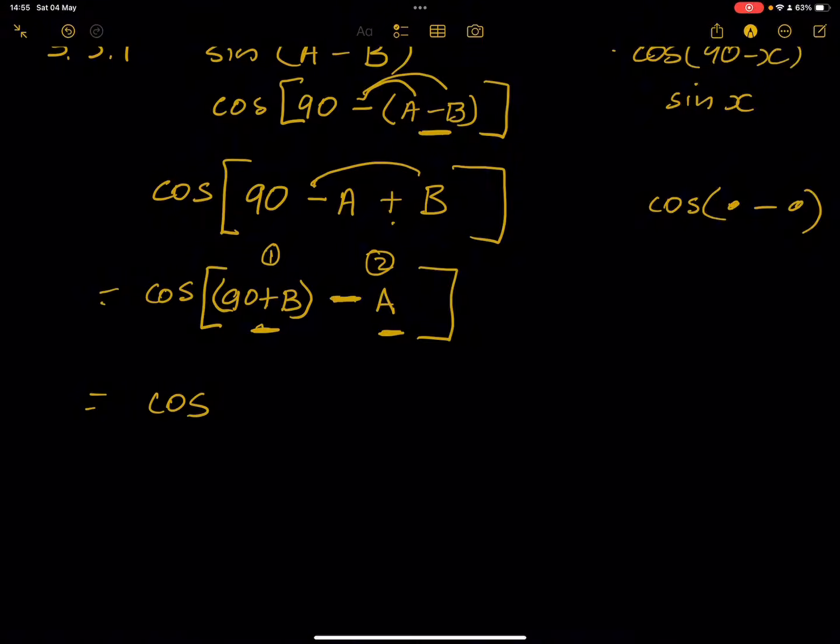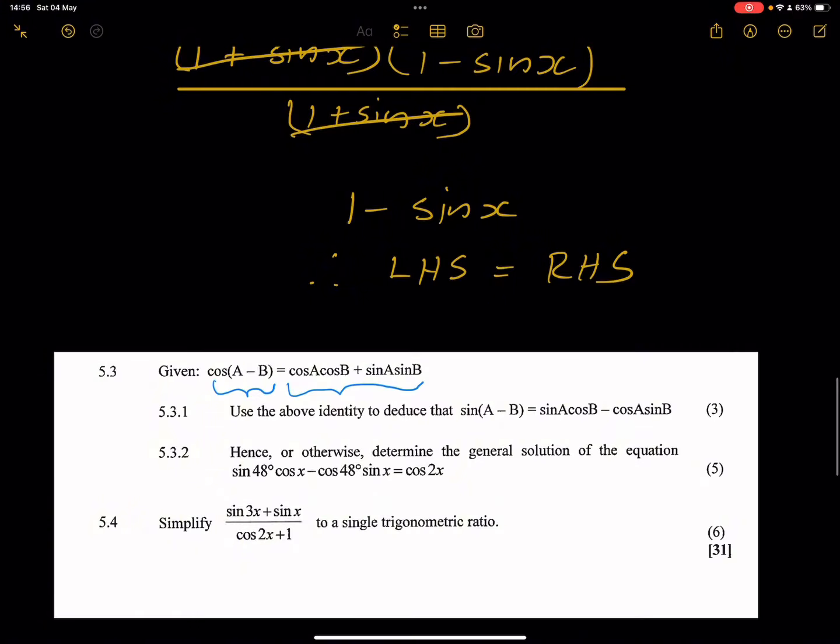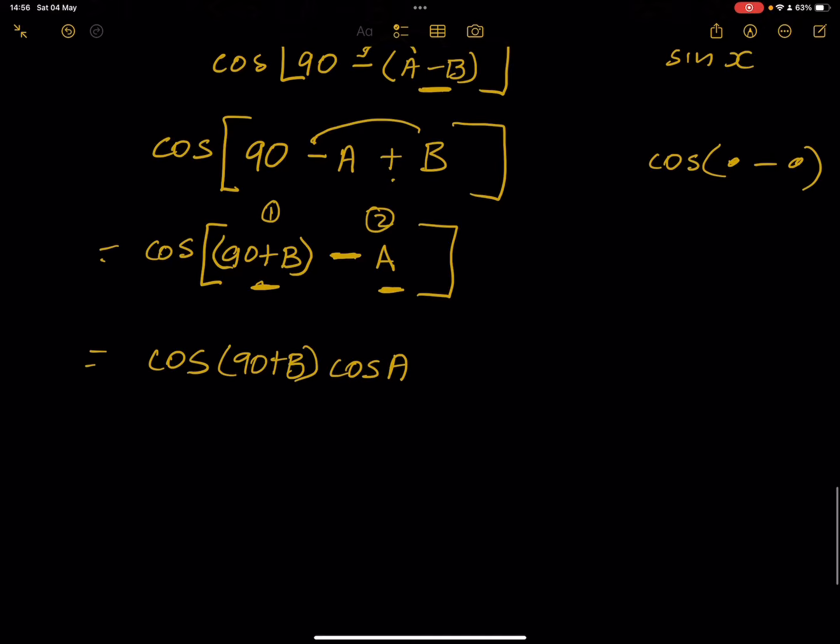cos 90 plus B cos A, right? Now note, you've got plus on the inside, right? So that's plus sine of 90 plus B sine of A. And ladies and gents, we're going to use our reduction formulae, right? Cos 90 plus B, that's in the second quadrant. Cos is negative in the second quadrant. But remember, once I've got 90, it changes to sine. So that would be minus sine of B, right? Cos of A